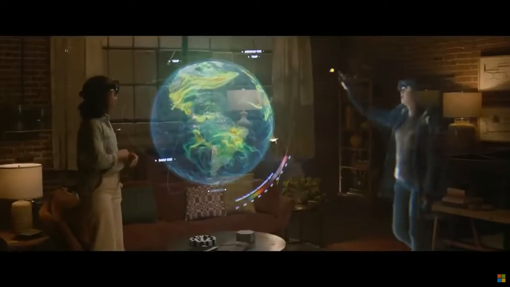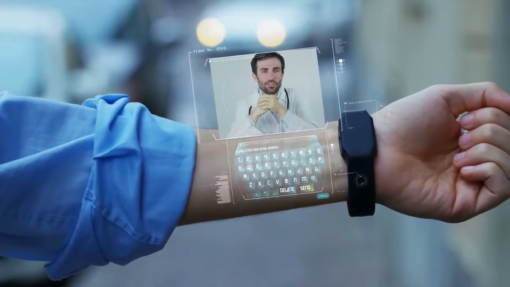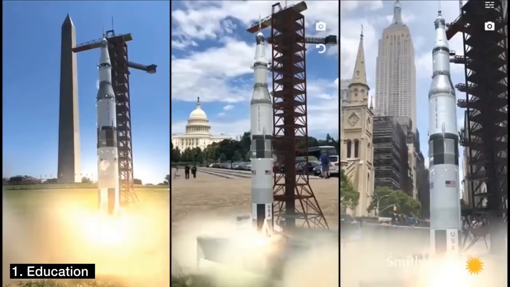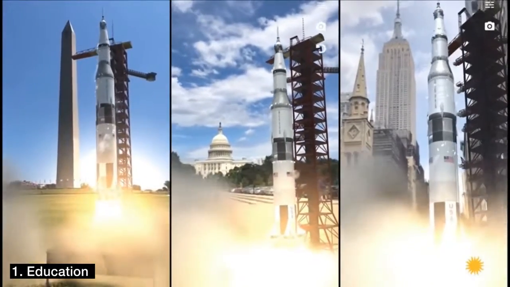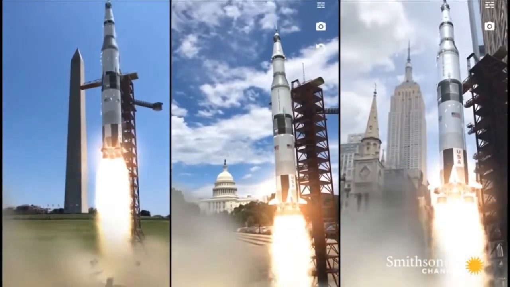Augmented reality is an enhanced version of the real physical world that is achieved through the use of digital visual elements, sound, or other sensory stimuli. There are many augmented reality use cases we'll see in the future, like in education. Augmented reality has a number of applications that can help improve the learning experience for students, especially for more visual-focused